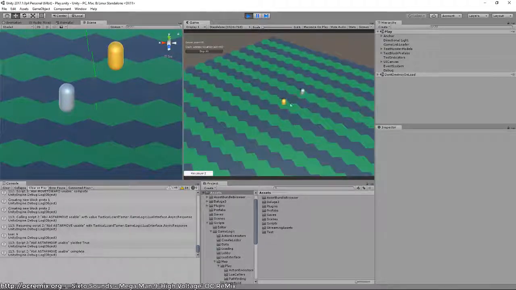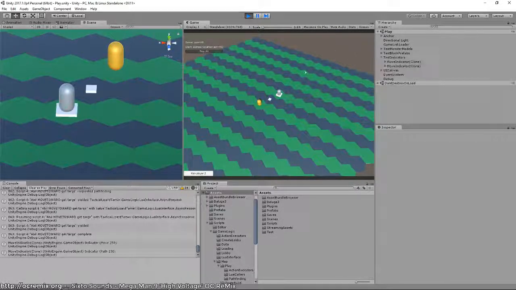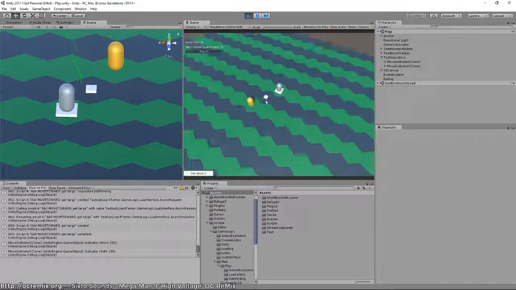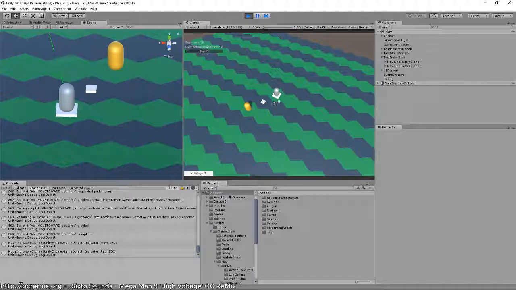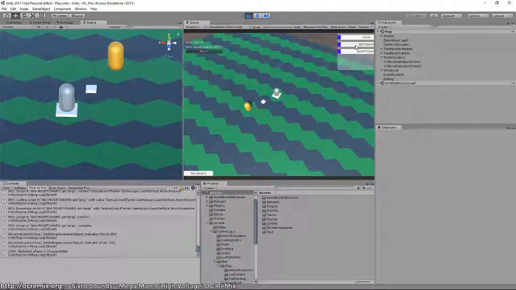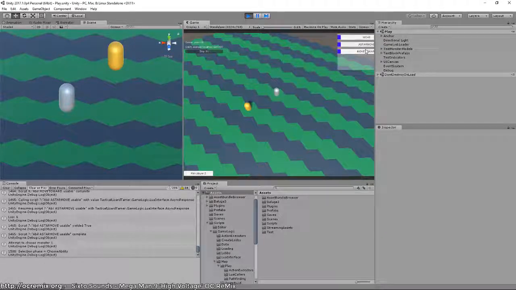Sure. The camera system does not work well with these big maps either. That's another thing I need to revamp. Okay, so now it's smaller. You can see this is just a path. You can't actually click on it. But I don't want to do that. I want to move them farther apart so we can do a longer